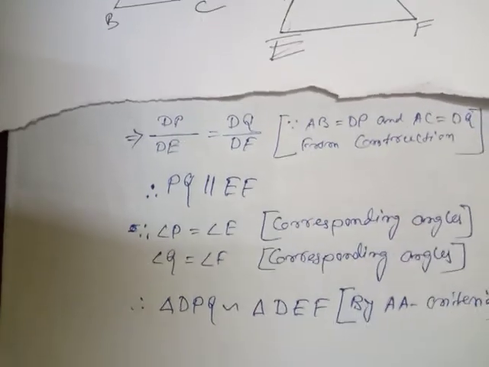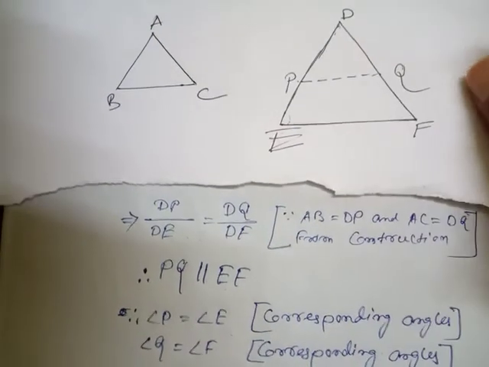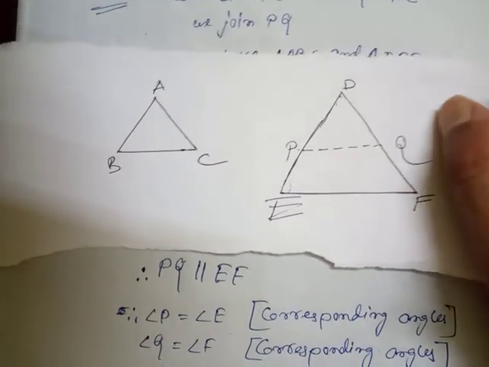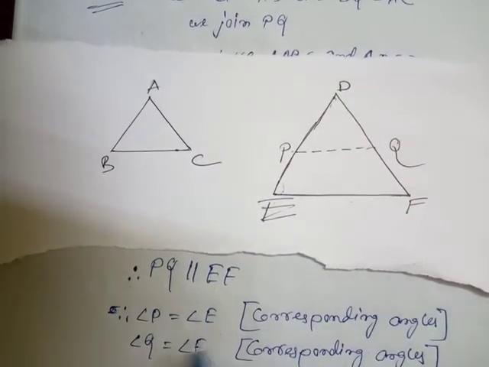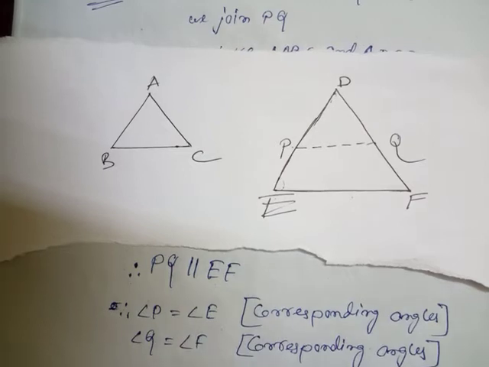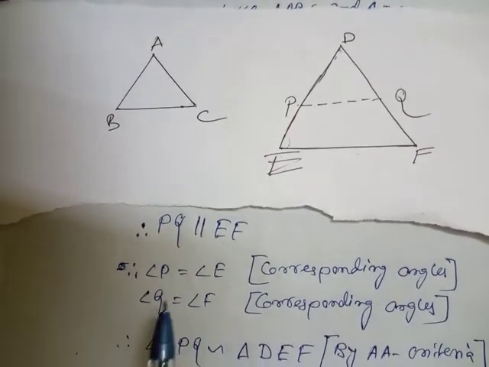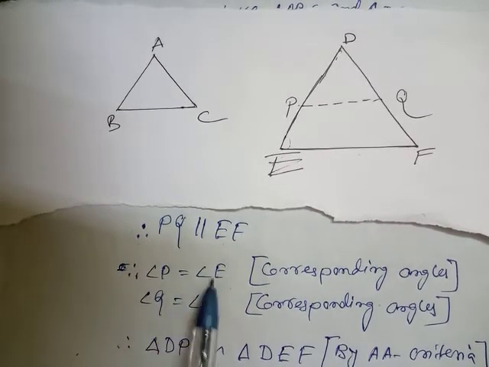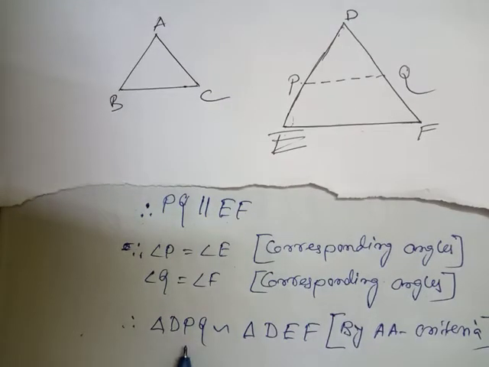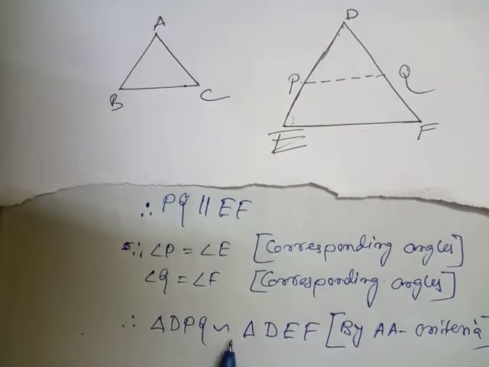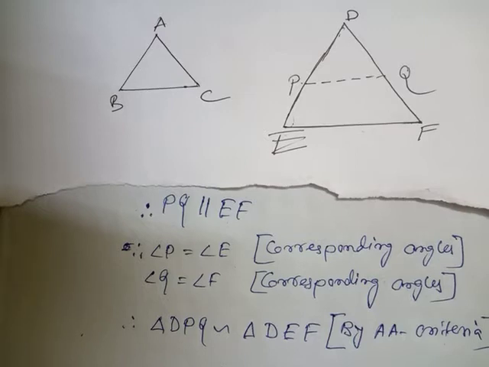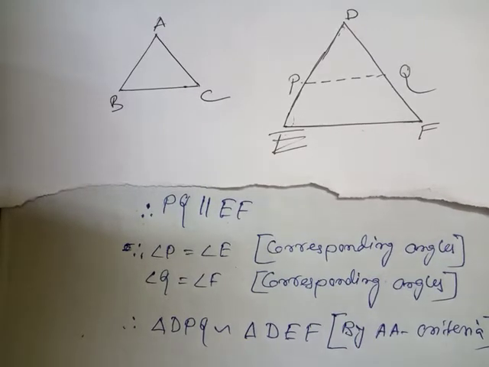Students, don't forget, if we want to prove the similarity of triangles, we may show the three reasons, or we may show just two reasons also. But if it is congruence, then we have to show the three different reasons. So if there are two reasons, and I write triangle DPQ similar to triangle DEF, it is correct, not wrong. Now look at the next part.